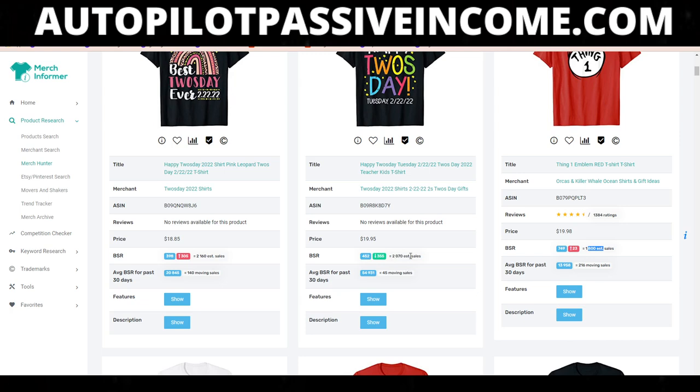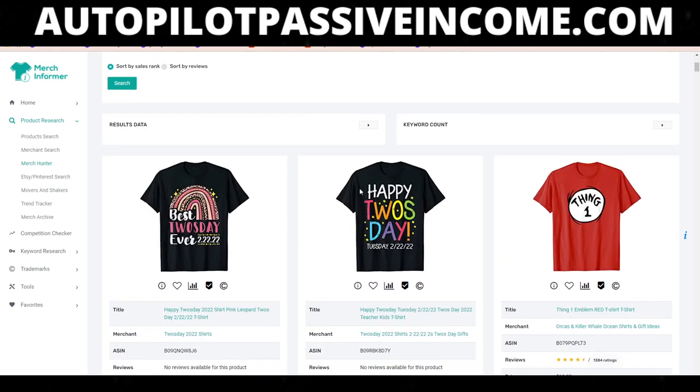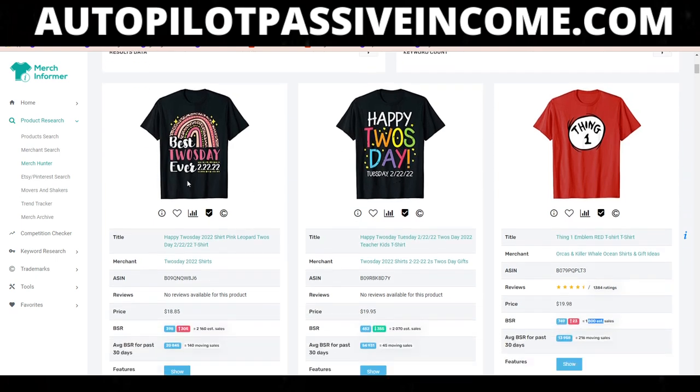Right here, you can look here. It says Happy Tuesday, and you could see here the colors. You might not create a Tuesday shirt, like a 22-22222 shirt, but you could look here and you could see the colors. Okay, the white, the rainbow kind of color pattern with some white more text on the bottom, or even something